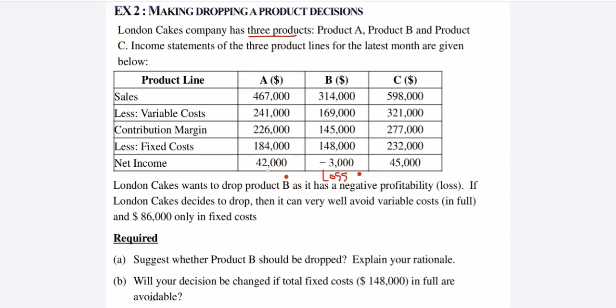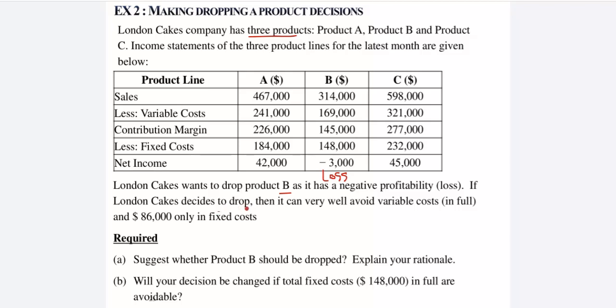Who will they think of removing? Surely product B. London Cakes wants to drop product B, of course a normal situation, as it has a negative profitability. What does negative profitability mean? It means loss. Profitability should be positive. Negative profitability means loss. If London Cakes decides to drop product B,